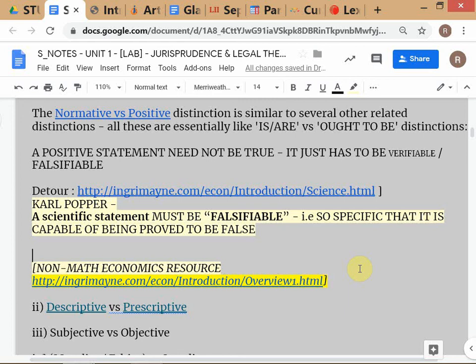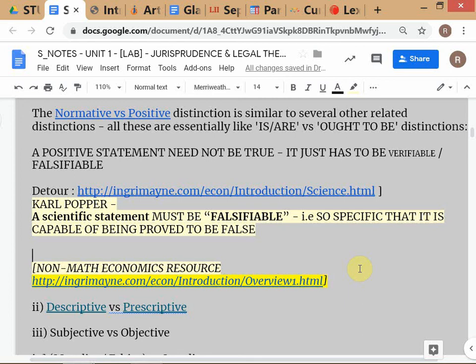Remember, falsifiable does not mean it has to be false. It has to be capable of being proved to be false, which means you have to look not just at the statement itself. Yes, you have to look at it to see whether it's specific, but you have to analyze the nature of the statement. Is it something which is capable of being proved to be false? Which means if you prove that it is not false, that is also the same as proving that it is false. Like if the growth is 4.5% and I said it will be greater than 3.5%, the statement itself is capable of being proved to be false, because all you have to do is wait till the end. After the quarter, you can see the data comes out with the actual figure. Now I made a specific statement.